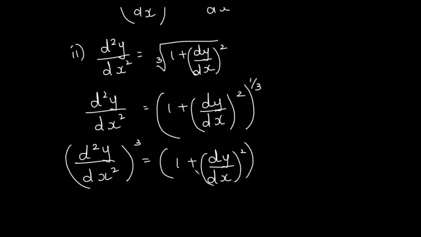So now you can see that the order of this equation is 2 because the second order derivative is the highest one over here. So order is 2. And what is the degree? Degree is 3 because the second order derivative is raised to power 3. And so the degree is 3. So now I hope you understood in a better manner what is the meaning of degree and what is the meaning of order of a differential equation.